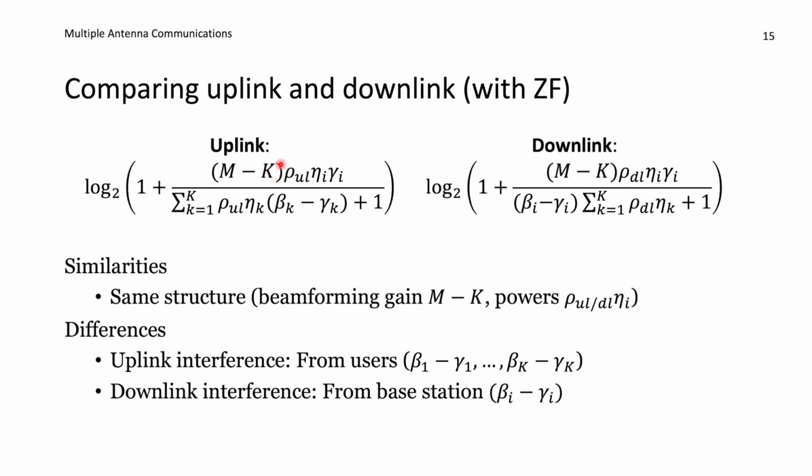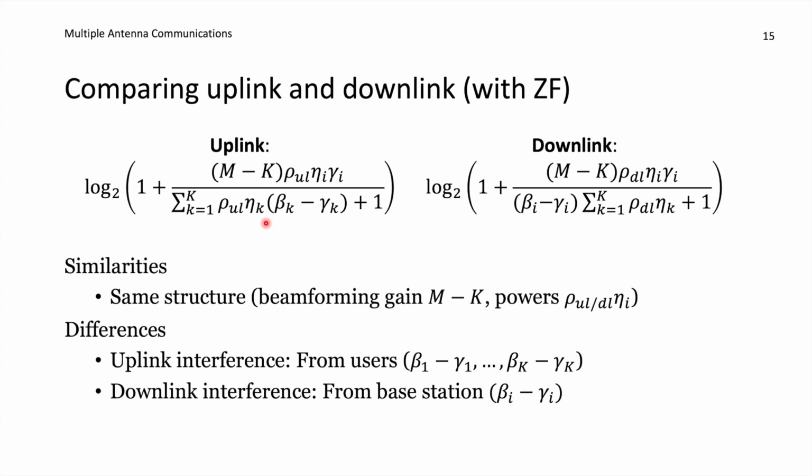And the rest of the numerator is also the same, except that here we have rho uplink and here we have rho downlink, because this is the maximum uplink power and this is the maximum downlink power. Here we have eta i, gamma i. It's the same expressions that we get in the uplink and in the downlink when it comes to the numerator. The denominators also look fairly similar, but we should remember the difference between interference in the uplink and interference